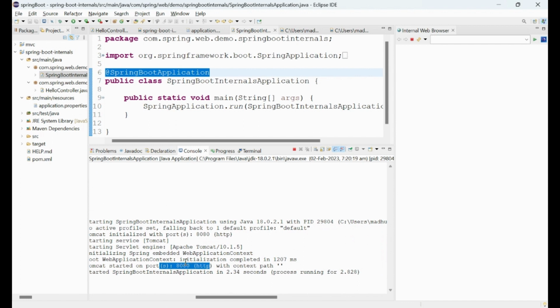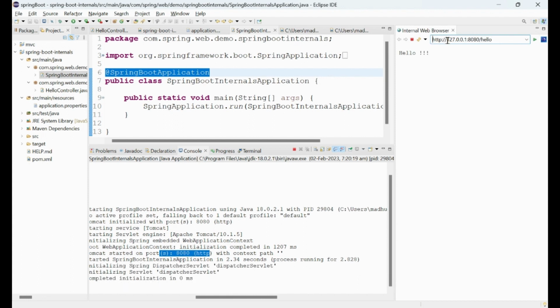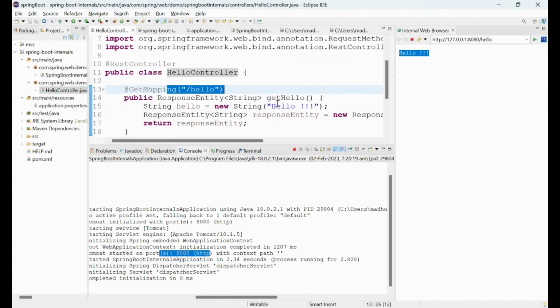Okay, started application on port 8080. So let's see. I'm using the local loopback address. It got the request and it returned hello. And let's see how it responds when we call hello world. So it's working. Okay, both the controller methods are getting invoked, and Spring Boot is able to understand that whenever the